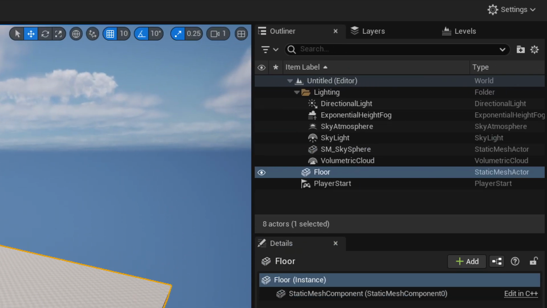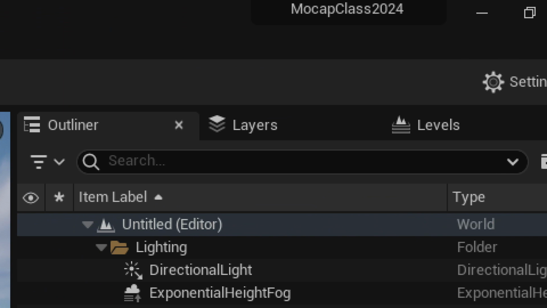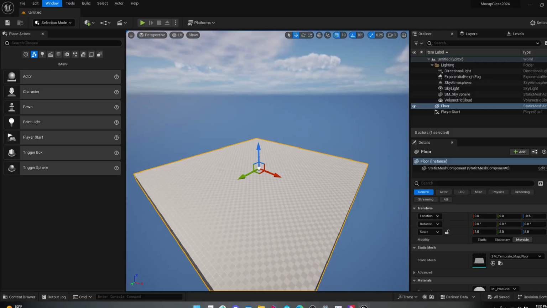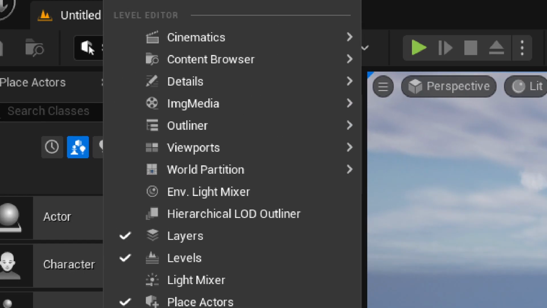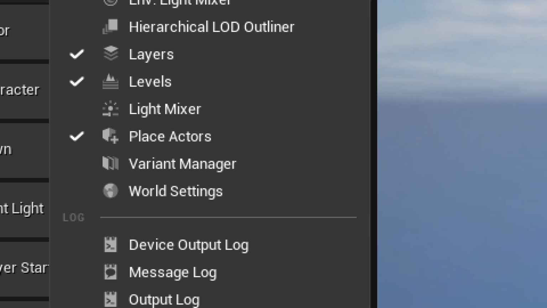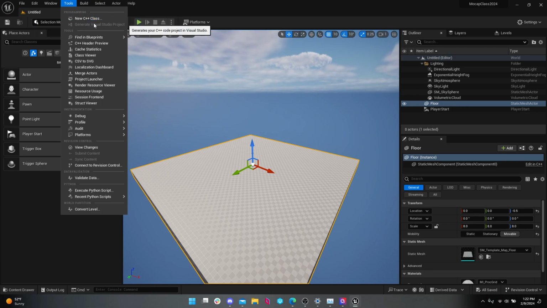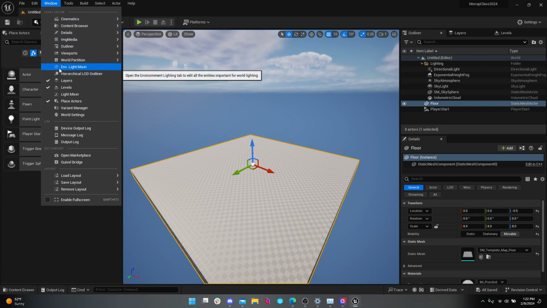Also, a lot of functionality is hidden behind tabs, like up here. We're not really going to talk about layers or levels in this class, but there's a lot of functionality hidden behind tabs. There's also a lot of windows that are not even activated. All of this stuff is not activated right now. If you ever accidentally close down a window, you can go back to the Windows menu up top, just like in Photoshop or something like that, and open it back up.